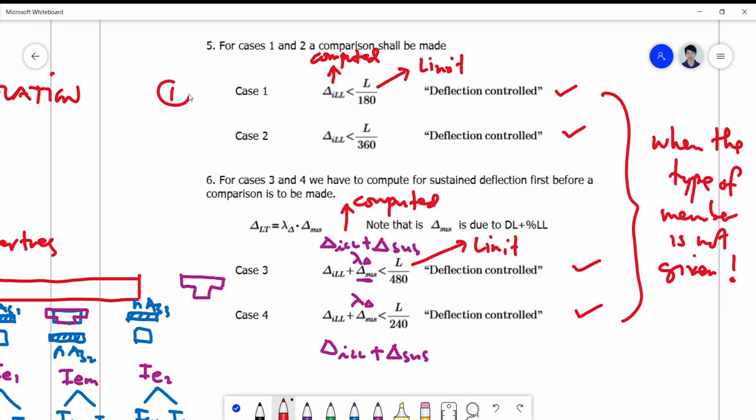So this is case 1, case 2, case 3, and case 4. So if your type is given as case 4, you only compute case 4. But in case the type of the member is not given, you have to check for all 4 cases so that your report will be complete,